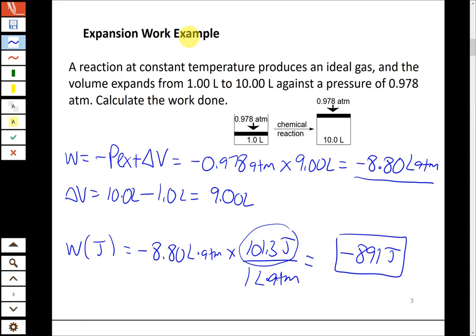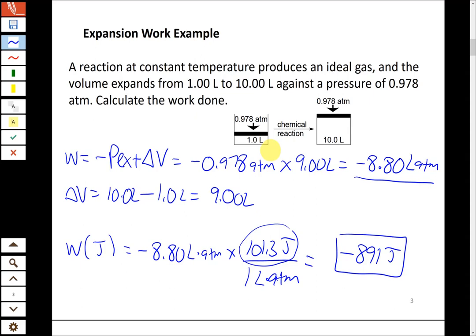Expansion work against a constant pressure, one pretty simple situation. Now the reality, though, is what we're mostly interested in for chemical systems is the total change in energy, delta E, which we've introduced as being the sum of heat and work. So in reality, if we want to find delta E, we need both of those, and that's not always particularly convenient to do. As we'll talk about, measuring Q, the heat term, is actually relatively straightforward in most cases. But measuring work, it's easy if you have this specific situation here, gas expanding against a constant pressure, but there's a lot of other physical changes and chemical processes that would not involve this situation, so what do we do